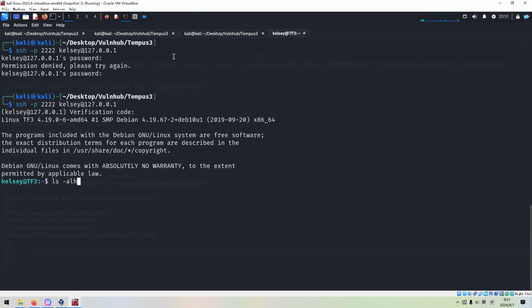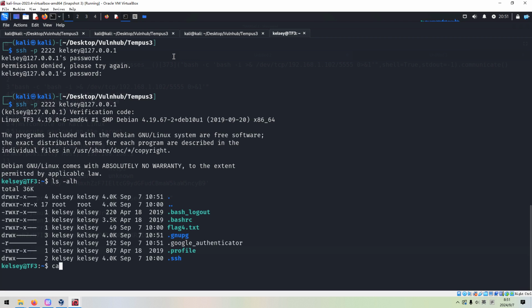I felt a bit relieved, and then we can get the fourth flag.